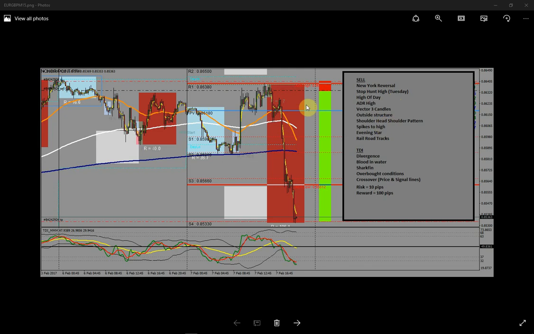It's a head and shoulders pattern, left shoulder, the head and the right shoulder. It spikes to the high there. There's an evening star and then railroad tracks there. Guess what? There's divergence on the TDI. Where do we have the divergence? There it is. It's going up there, but then it's going down, signifying that the market has lost momentum of